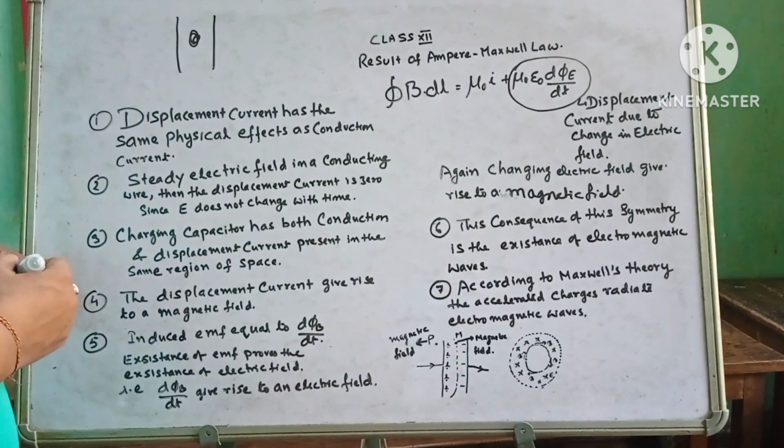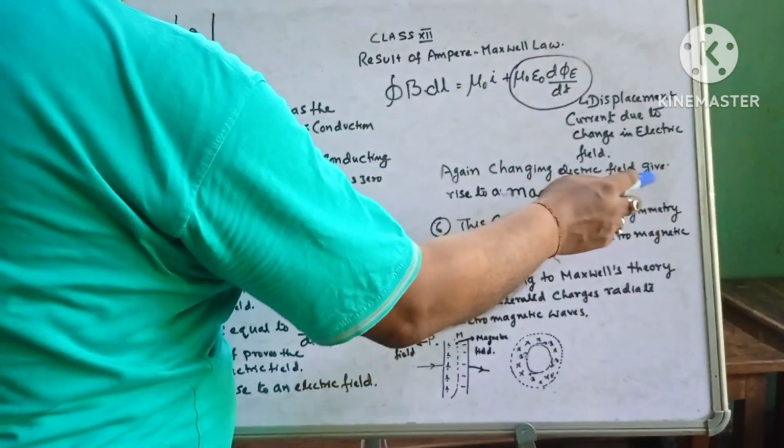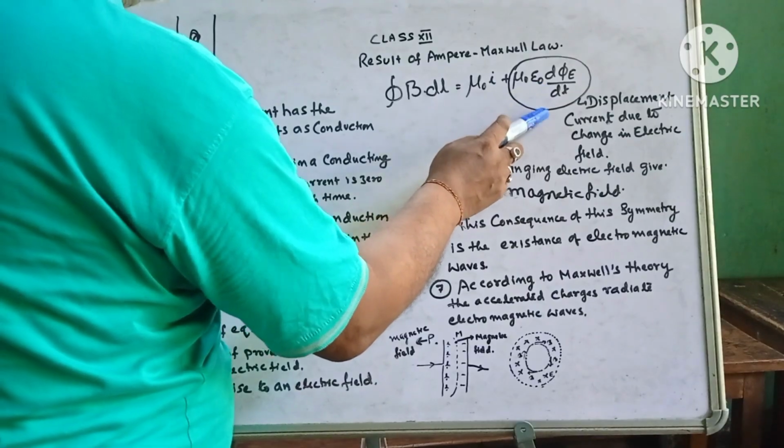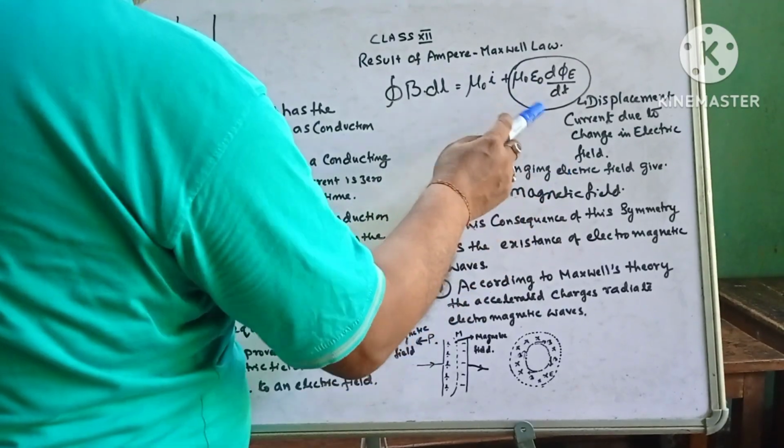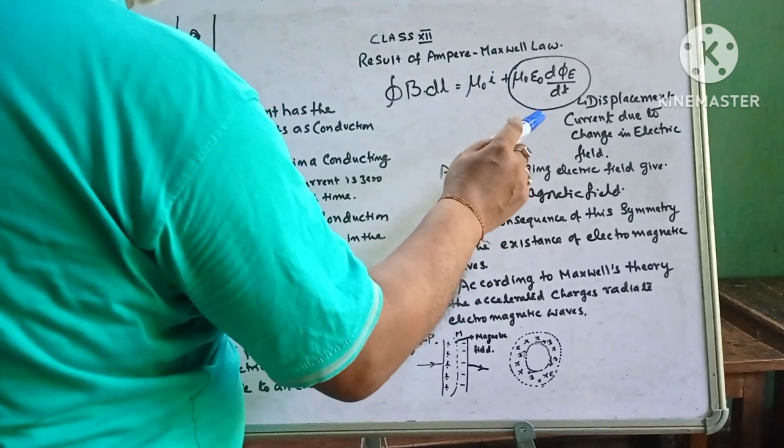So here, change in electric field will give rise to a magnetic field. That means the displacement current. This displacement current is because of the change in electric field, and it is giving rise to